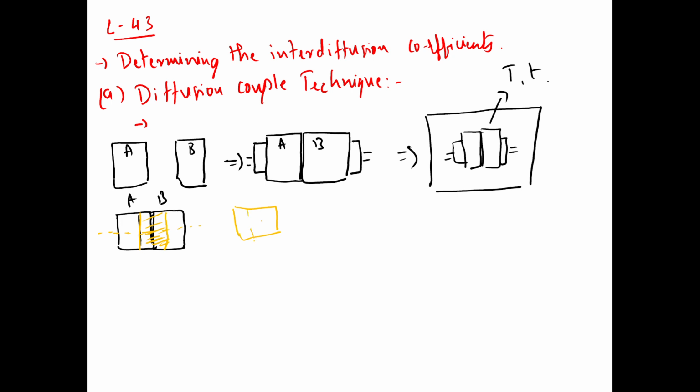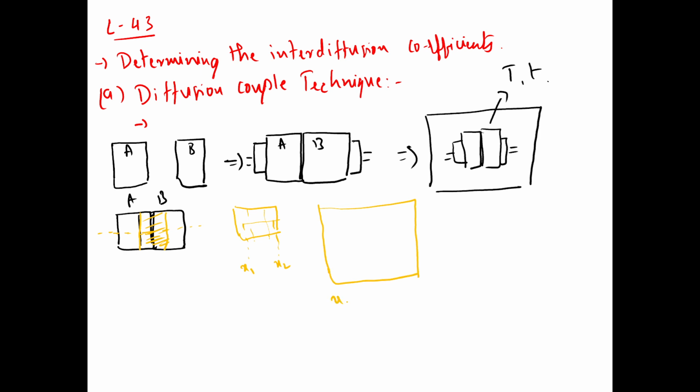So this is the cut sample, and we will be doing EPMA, electron probe microanalyzer, for getting the concentration profiles with the distances. Consider this is distance, and this is x1 and this is x2. So what we will be doing is,